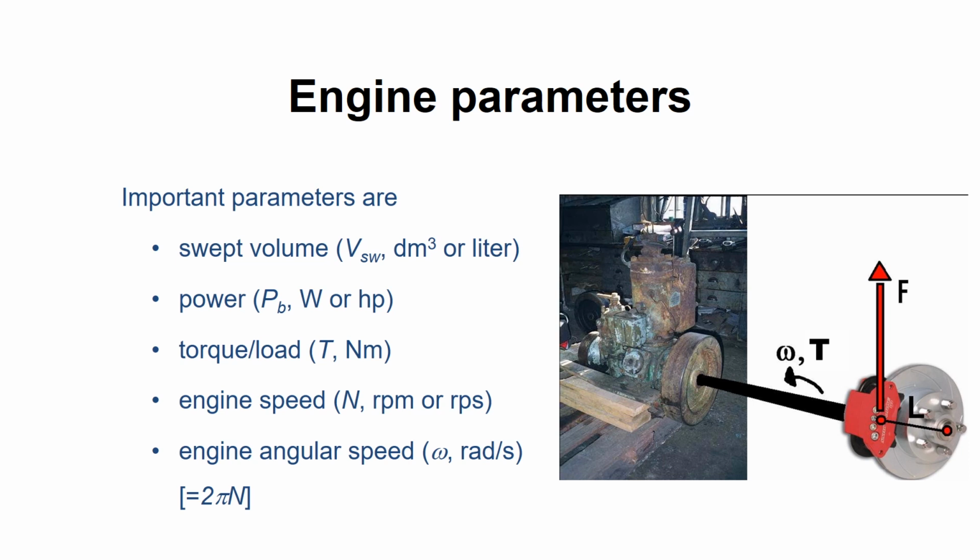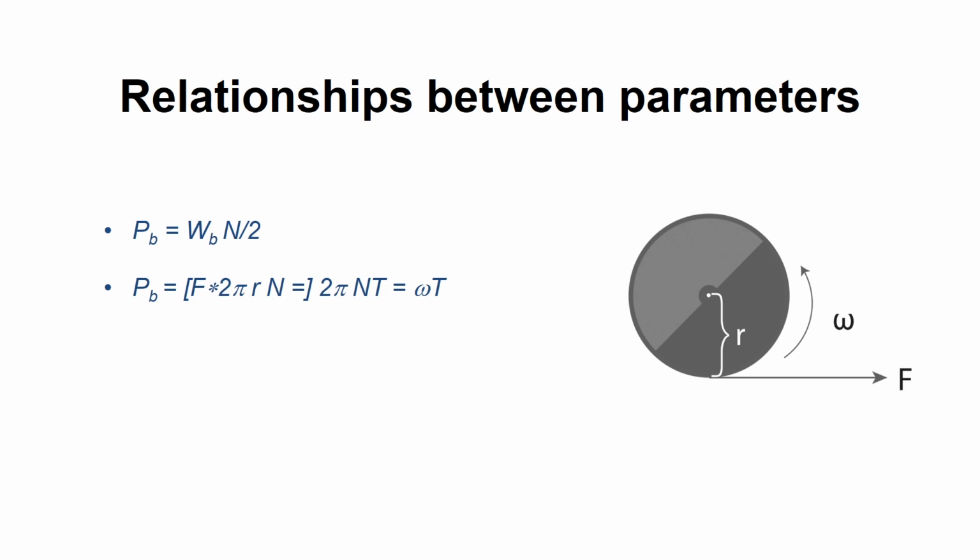or as angular speed. Torque is a measure of how much work an engine can produce per cycle, and it is often called load. The work produced by an engine is expressed as power and torque, as already mentioned. Power is the work multiplied with how often it is produced. The division with 2 in the first equation is because it is a 4-stroke engine, and work is only produced